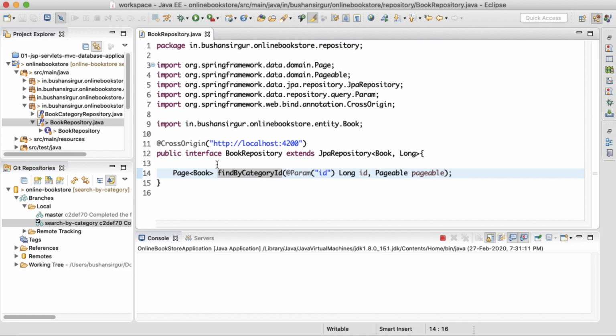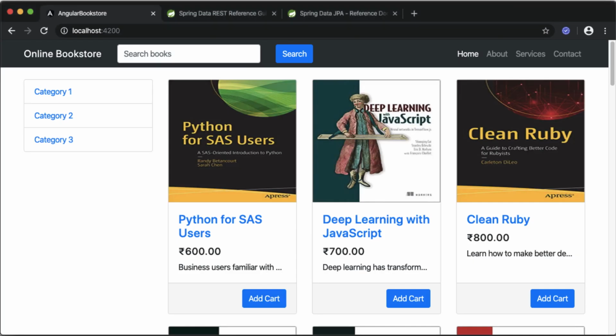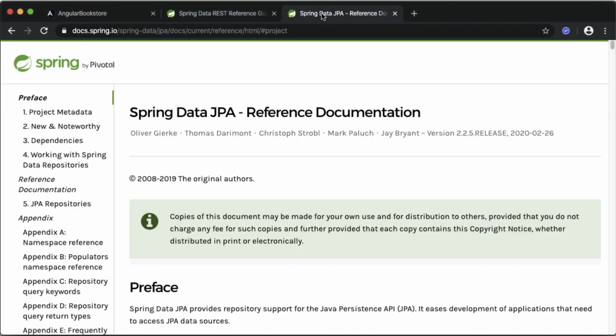Before we run this application and test things, I will show you where exactly the documentation lives for these query methods. Let's go to the documentation for Spring Data JPA. I'll drop a link in the description section of this video.